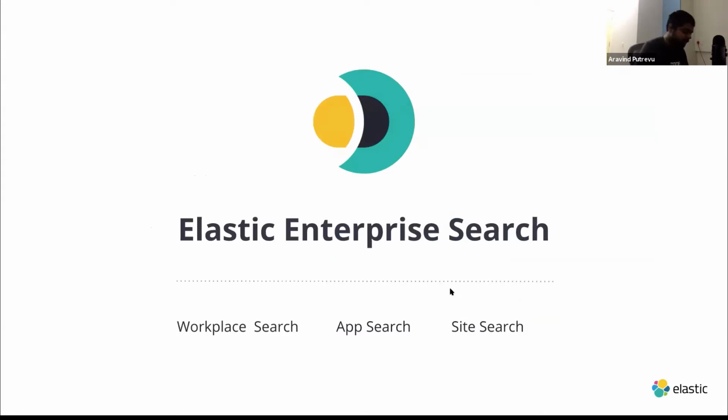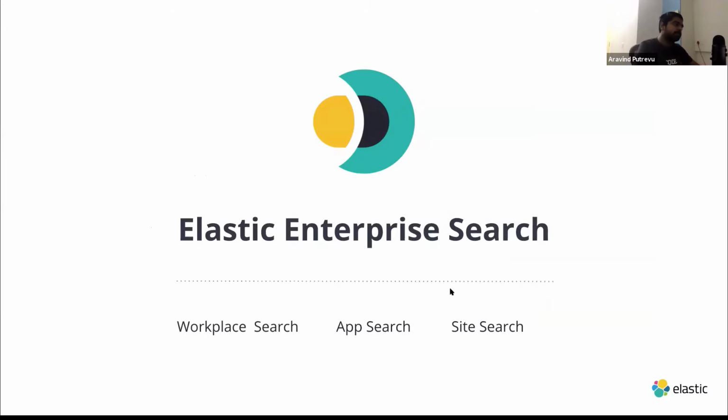More specifically, App Search comes under a search product we call Elastic Enterprise Search. It's one of the solutions that powers App Search. The other two solutions, as you might know, are Elastic Observability and Elastic Security. So we're going to talk more about App Search. Enterprise Search is the solution that we're going to focus on.